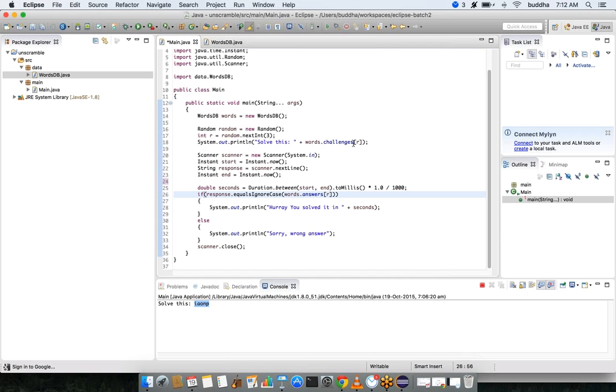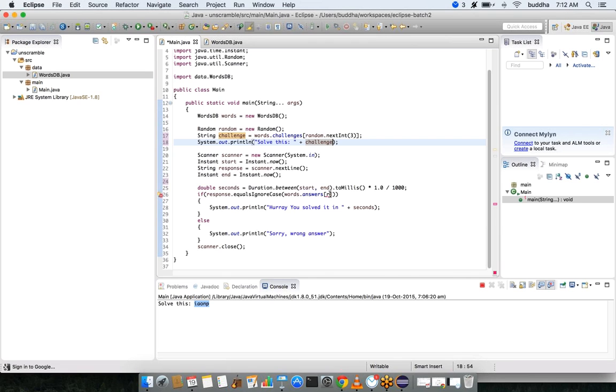To do that, instead of storing the index, we'll be storing the challenge equals challenges of random int next 3. But then again, okay, we'll come to that a bit later.